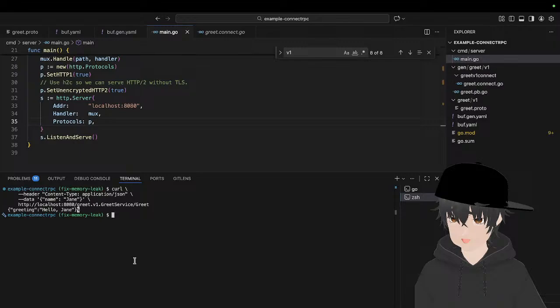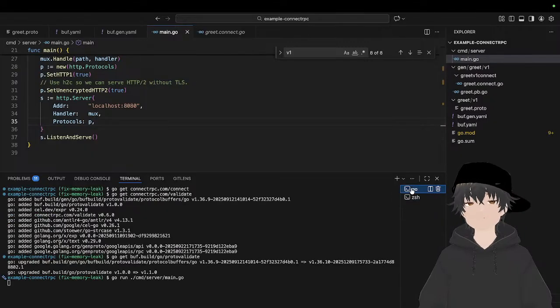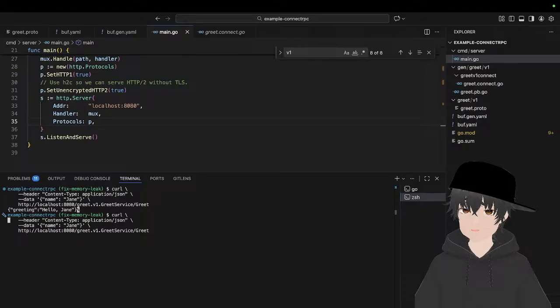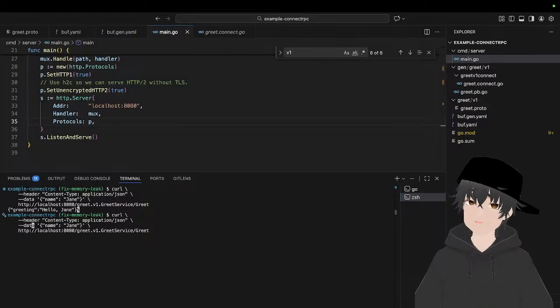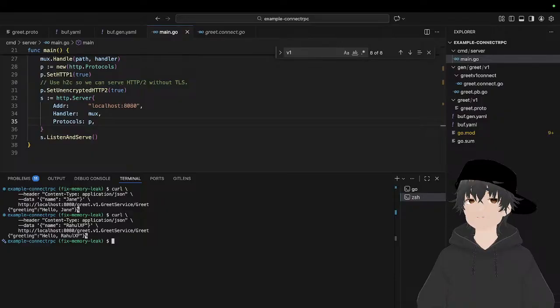But if you do Rahul, then it could be Rahul, right? If you try Rahul XF, then it will say hello Rahul XF.